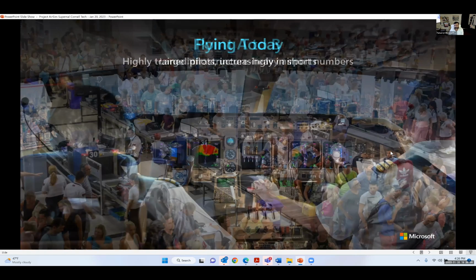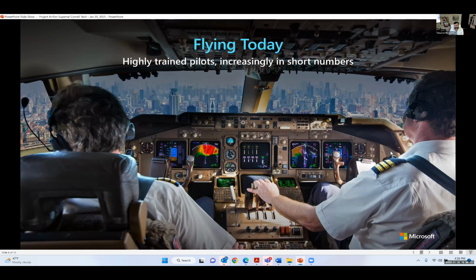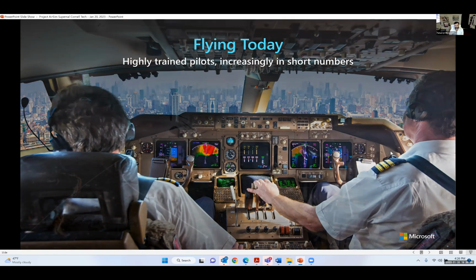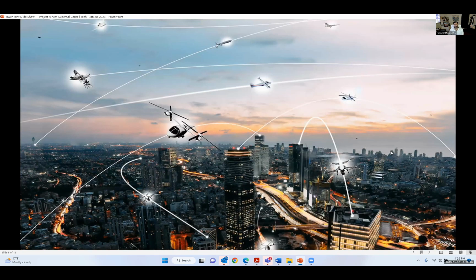And then aviation today is really monopolized by two things: regulations set by folks like the FAA and CAA, and highly trained pilots. And the disruption is that these pilots are becoming increasingly short in numbers. This was the urban air mobility concept developed by Dr. Shin, who was the associate administrator at NASA. We work very closely with NASA, and I've hosted the FAA and NASA jointly twice at our Silicon Valley Center to talk about how we enable this, and we have some joint projects going on as well.